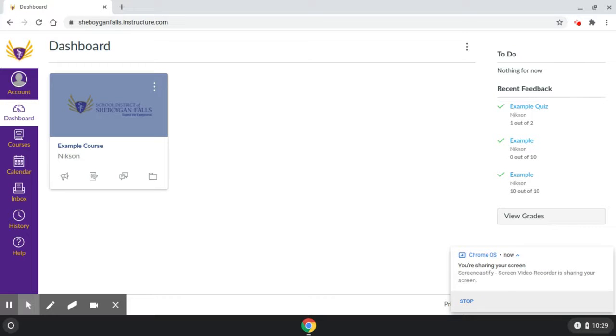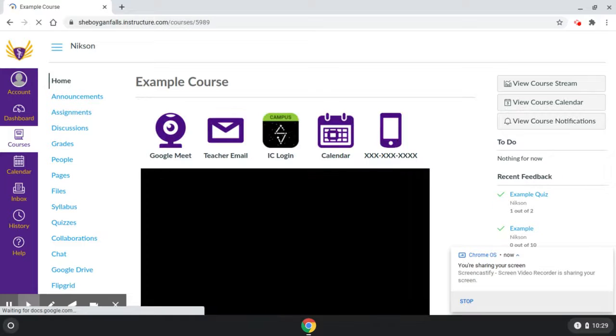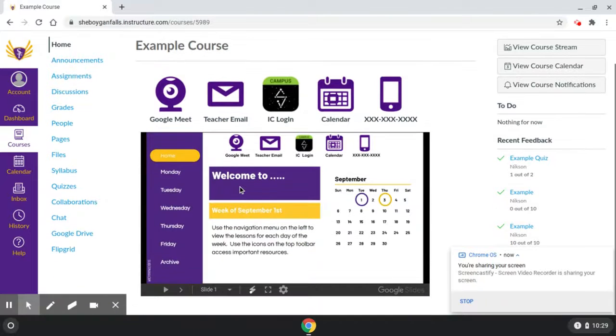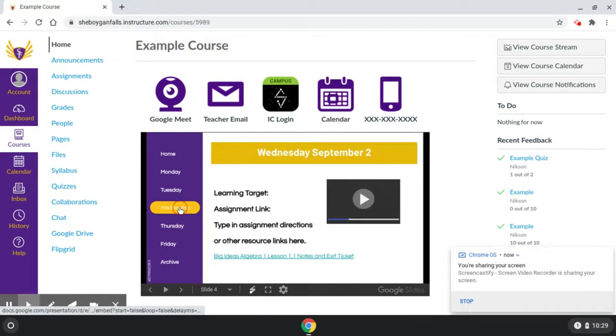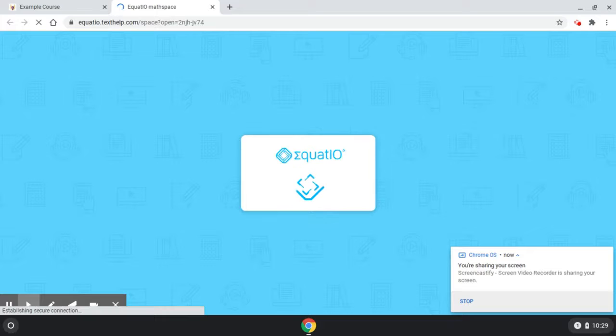This is the use of the Mathspace as an exit ticket from the student perspective. So I have an example course with an example student. So the student would open this. They would go to their template. They would go to the day, and then they would click on this link that you just prepared for them. This should take them to the Mathspace,